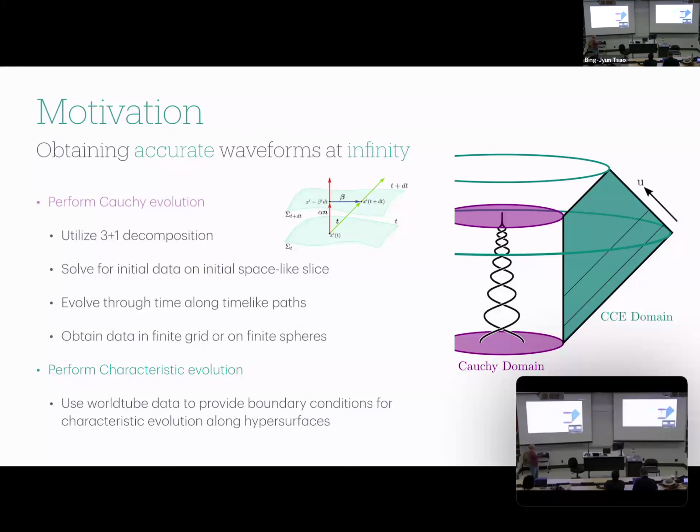Then it sets some initial data. That's where some junk will still come in. We can talk about that later. But we're essentially providing this boundary data, and then it does an evolution that ultimately lets us get what the waveform data will look like at scri, which is both spatial and temporal infinity.